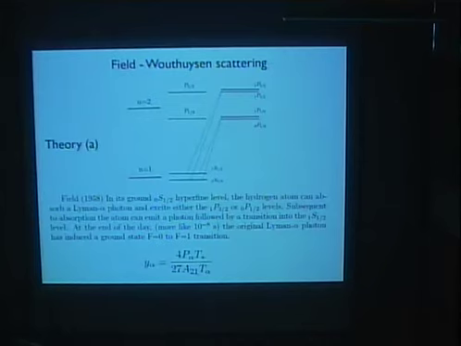Okay, so having talked about spin exchange collisions, let me just say a few words about the field of Wouthuysen-Field scattering, which was originally pointed out in the early 50s by Wouthuysen, then later elaborated in more detail for astrophysical applications by Field in 1958. And the idea is this: suppose you have a hydrogen atom in its ground hyperfine state. If a Lyman alpha photon is available, then that Lyman alpha photon can excite either the P1/2 or the P3/2 level shown over here.